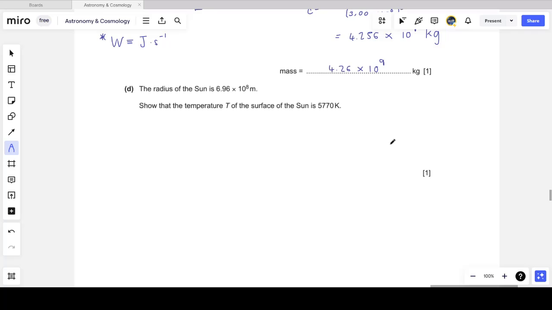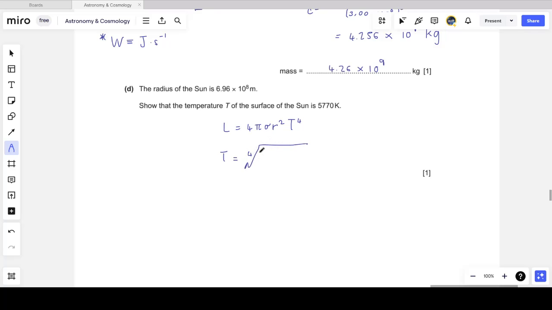Part D says the radius of the sun is 6.96 times 10 to the 8 meters, and we want to show that the temperature of the surface of the sun is 5,770 Kelvin. Now, immediately when I'm given the size of something and I want to find the temperature, or vice versa, I know that I must apply the Stefan-Boltzmann law. Luminosity is equal to 4 pi sigma, the Stefan-Boltzmann constant, times the radius of the star squared, times its temperature raised to the power 4, which means its temperature is